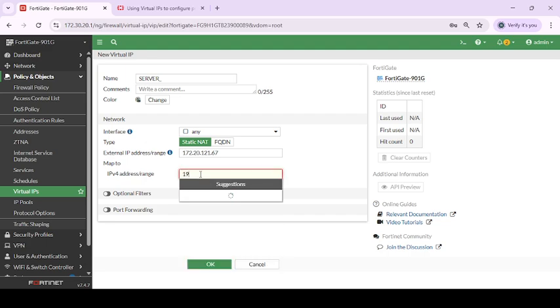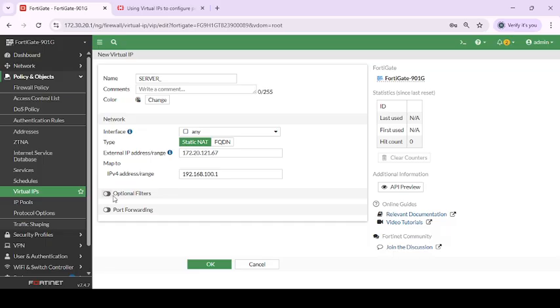So I will type here 192.168.100.1. After that, if I press OK, I will be able to access via